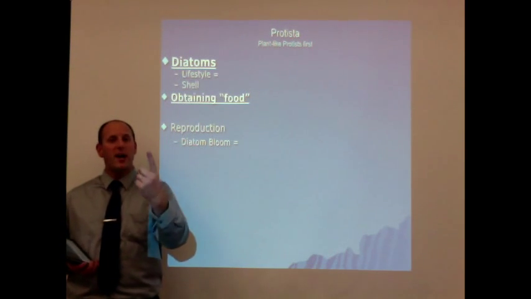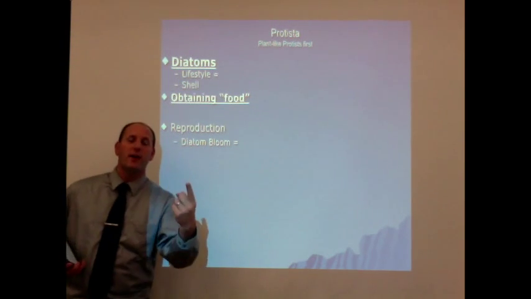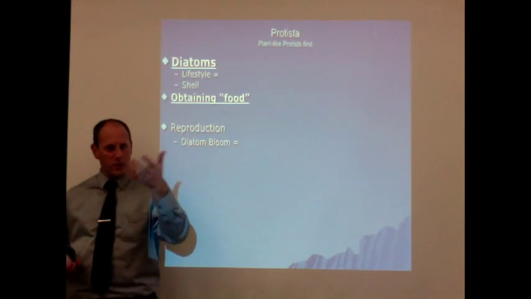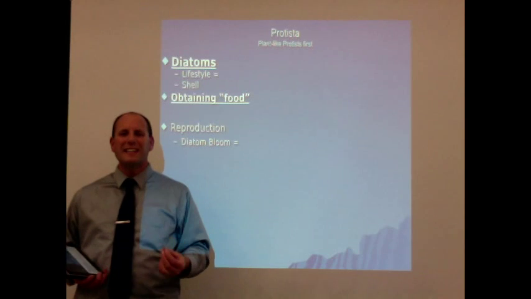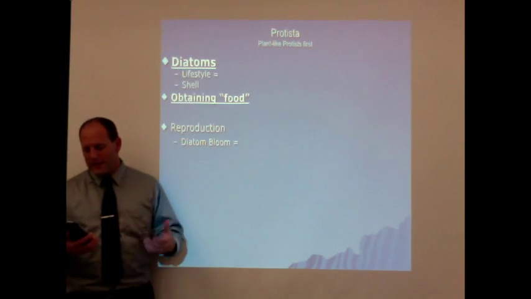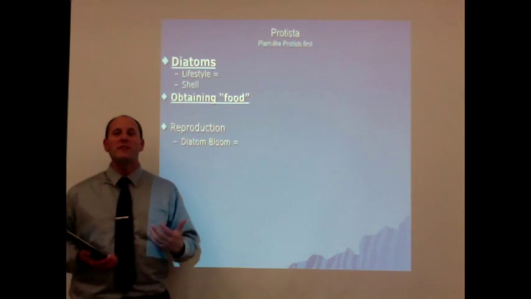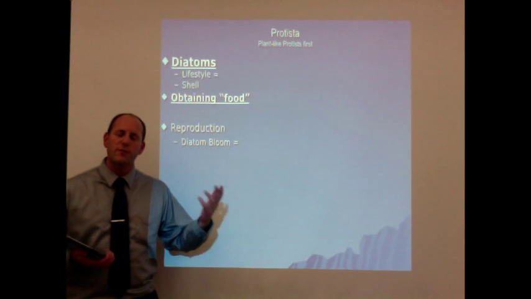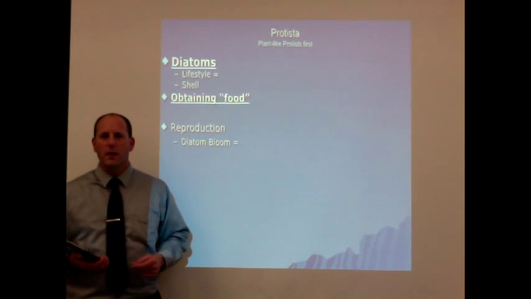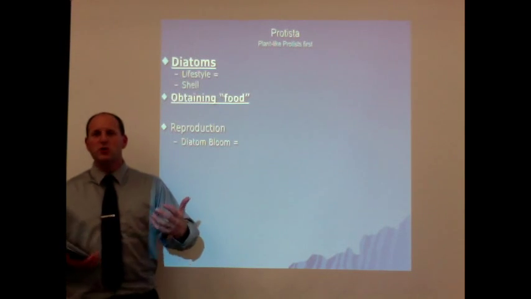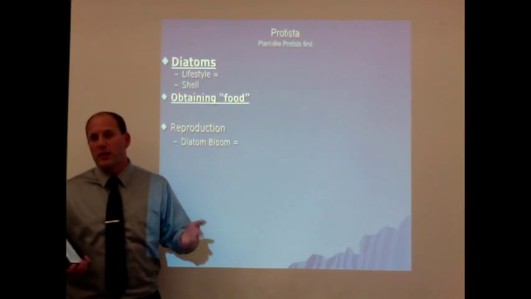So one cell cannot have an egg cell also. That would make it two cells, or a sperm cell. So the only way these organisms can reproduce is through mitosis, that is dividing into two. And when they do that, oftentimes they're going to be reproducing when they're in very good conditions for these organisms to survive. And these good conditions are when there's lots and lots of sunlight, the water temperature is correct, they're not being eaten by predators, etc.